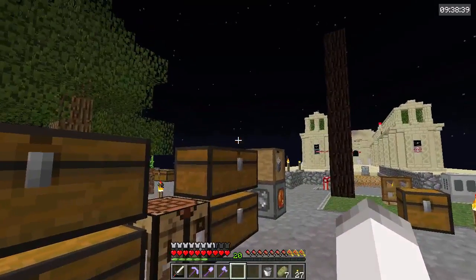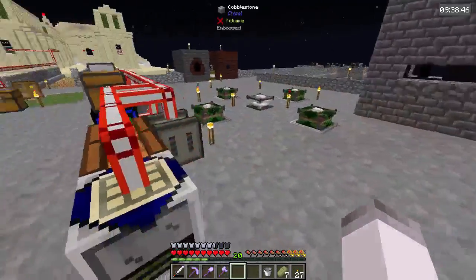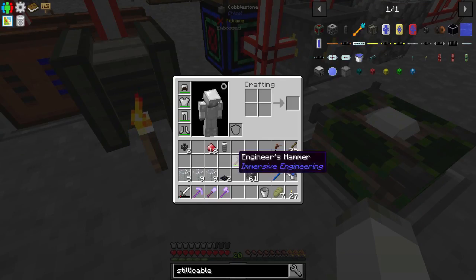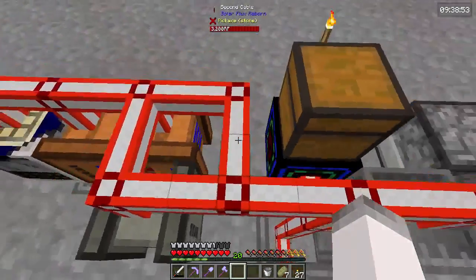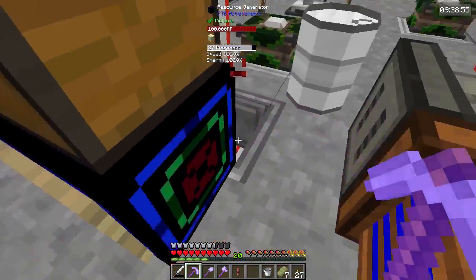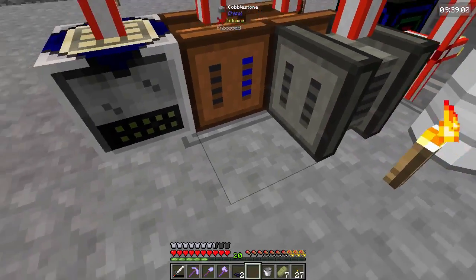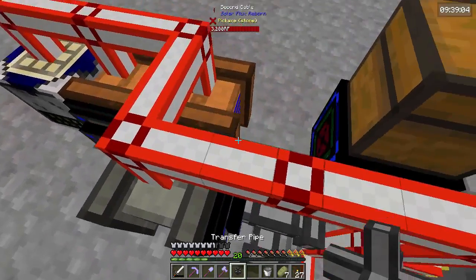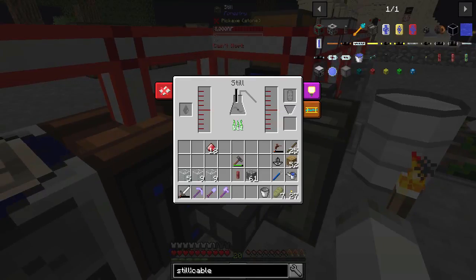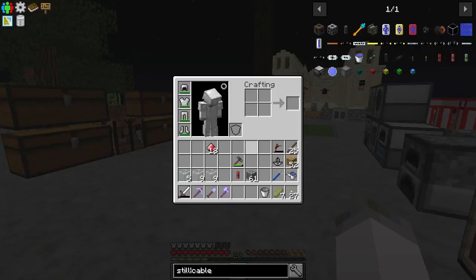And then what we're gonna do is we're gonna take iron drum to these guys, and we're gonna set this up like so. So iron drum goes there. We can break that for now. We're gonna want transfer node on you and on you. Pipe, pipe, and this way we should be able to get